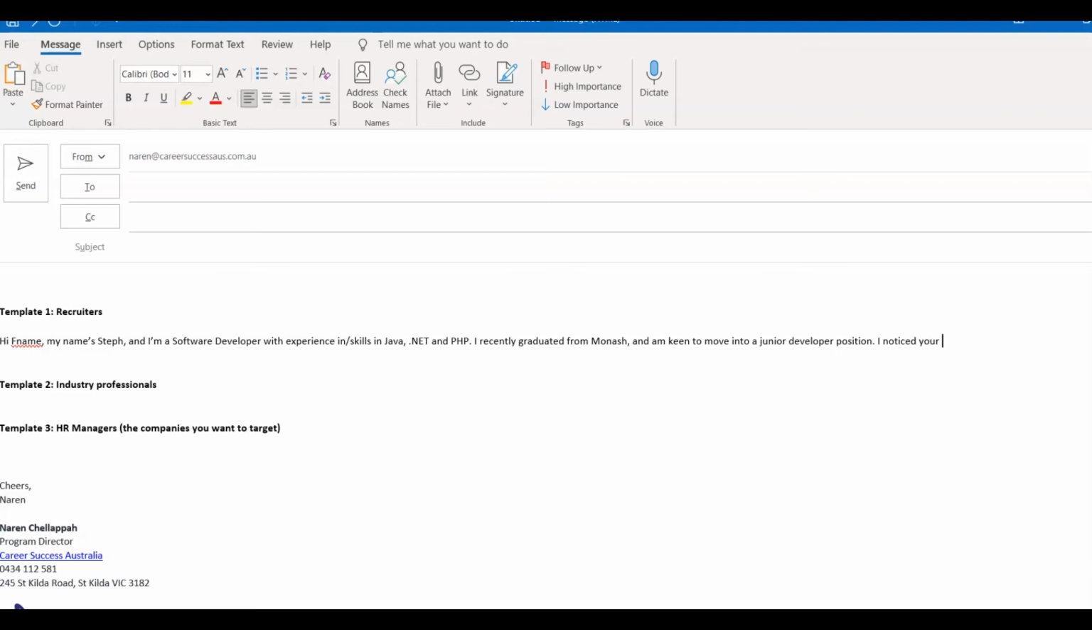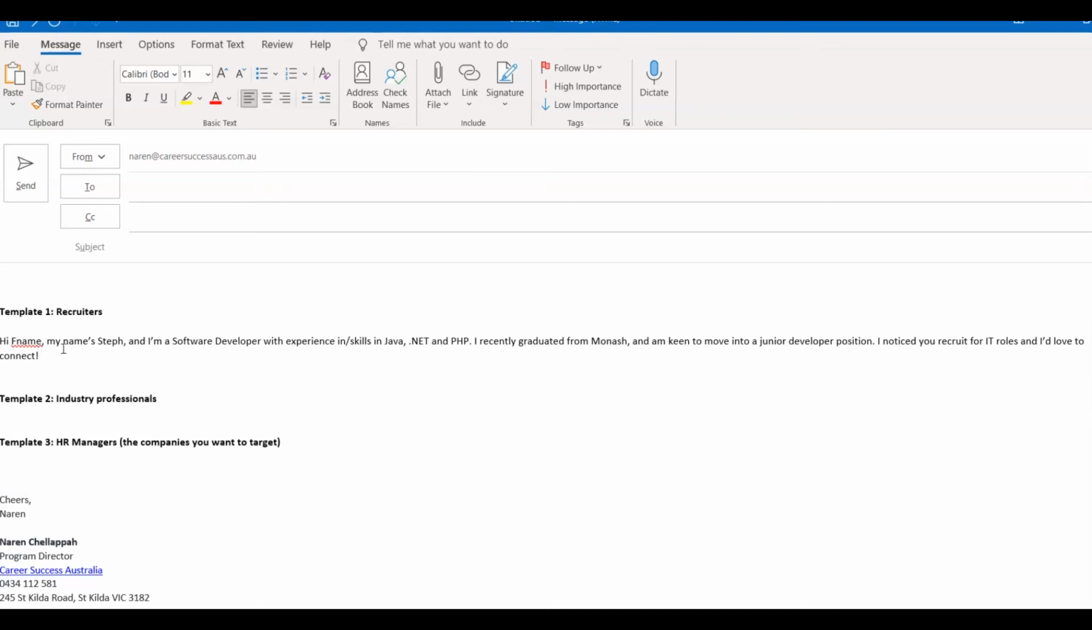I noticed you recruit for IT roles, and I'd love to connect and share my CV. I look forward to connecting. So it's not too pushy, okay, and you're not trying to ask him for a job, okay, so you're putting in some skills. You could even say, I recently graduated from Monash University, and I also have recently,